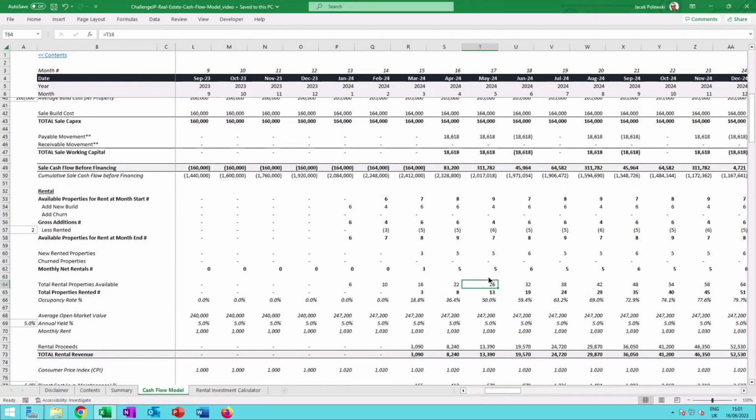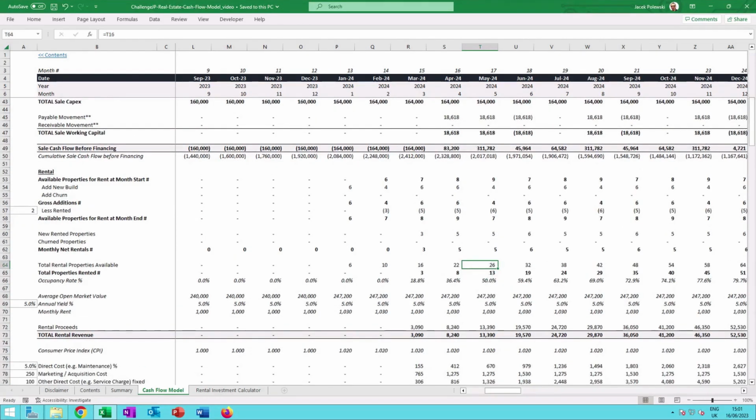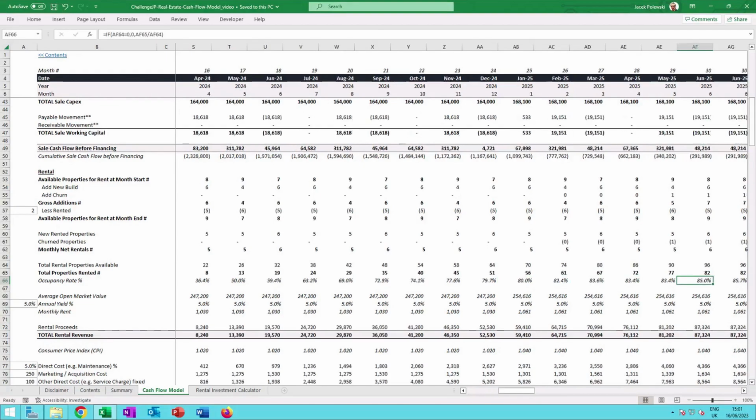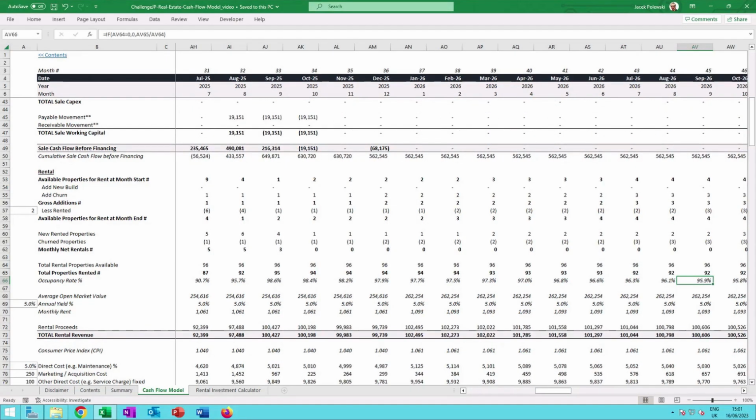Now, this calculation can be a little bit complex. The idea here is to give more precise numbers for your occupancy rate, which will be quite low at the beginning of your model, and then you'll see it grows towards a predictable number of around 95 or so percent. That number is also driven by your average rental agreement. If you recall, there was an assumption in the model where you can set the minimum number of months and the maximum number of months on average that the tenant stays in the property. That's where you see that